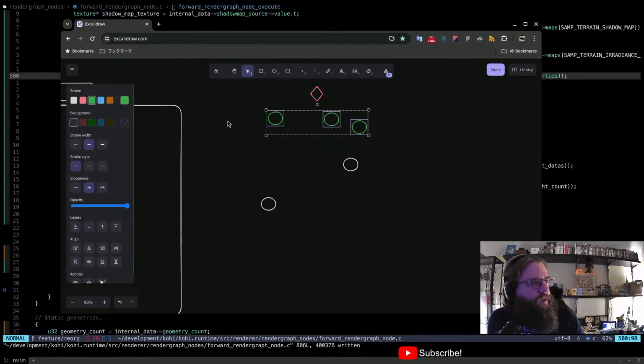I guess while I'm at it, do we group together all static meshes and bake shadow maps for them just once? I guess the lights would have to be static too. So shadow mapping and light mapping is a different topic. You certainly could do that. We may explore that at some point, but probably not for the first game. If you're talking about static meshes, then baked lighting and baked shadows is another way to go. But if you're talking dynamic stuff, this is the way I would go with it.